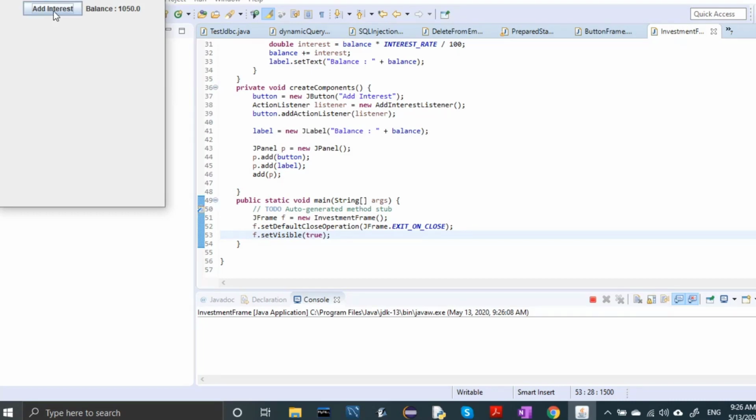So when I clicked it, it has added 50 bucks to 1000. So it has become 1050. When I click it again, it will update it again. See, it keeps on updating with 5%.